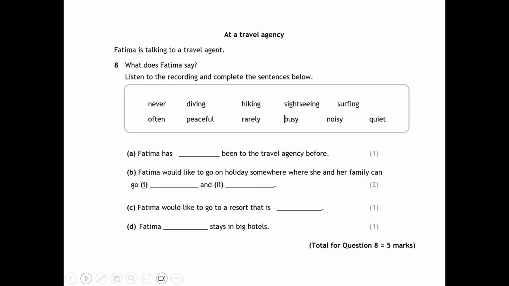So these are the strategies that we want to train our students to look at, which are the possible words. And you might find that what you would like to get your candidates to do is to write the letter A above never, often, and rarely, because when they come to listen, they think, actually, what I've really got is a choice of 3. I don't have the choice of 10 or 11 there. It's really just down to a choice of 3. So get them to think about the sense and to think perhaps about the grammatical forms as well. What could possibly fit?